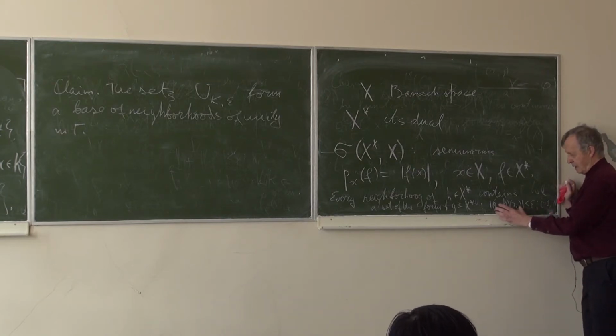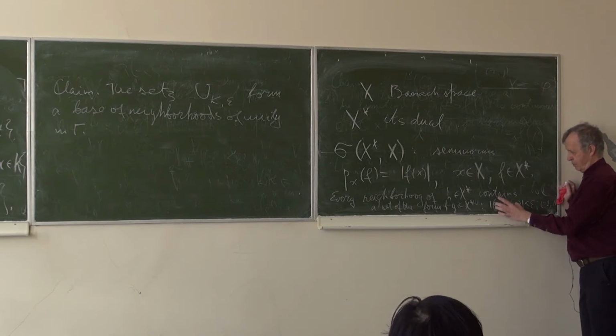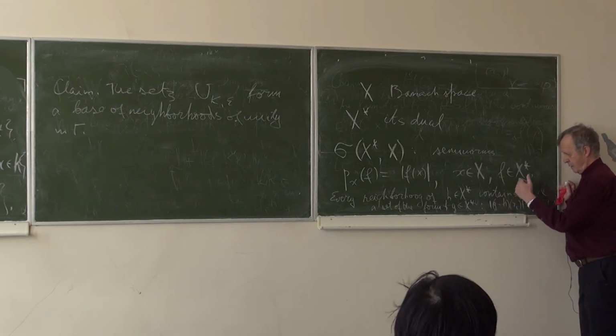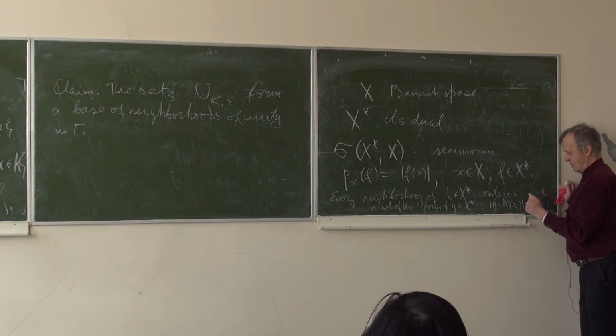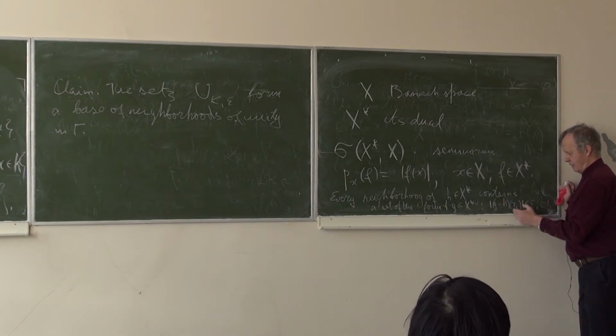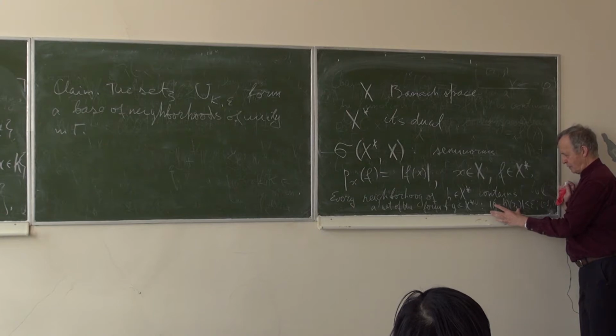So these are basic neighborhoods of an element in the dual space. They are all defined as follows. We take some finite set of elements of X and impose such inequalities, where epsilon also runs over all positive numbers. So these are basic neighborhoods